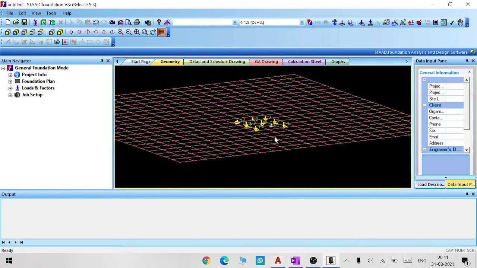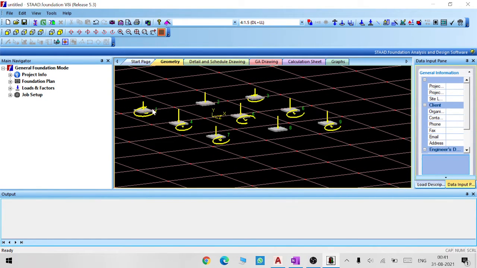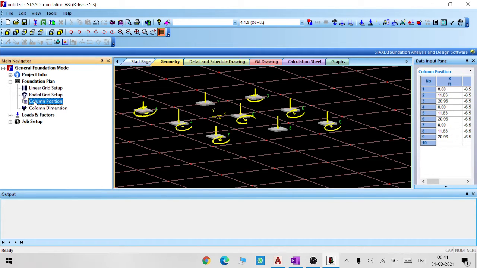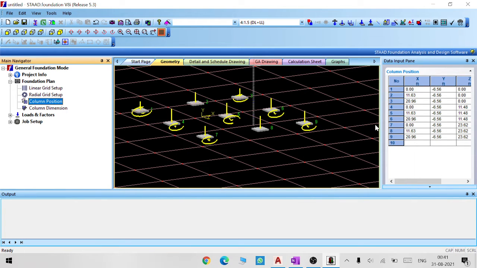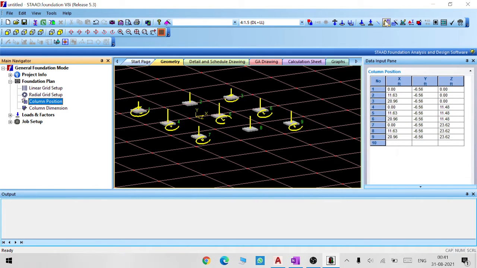You can see here, a total of 9 columns are available: column 1, 2, 3, 4, 5, 6, 7, 8, 9. The applied load is already available from STAAD Pro, and the same thing I imported. One more thing, you can see here the foundation plan with column positions. It is in feet, so to change from feet to meter, the input unit option is available.